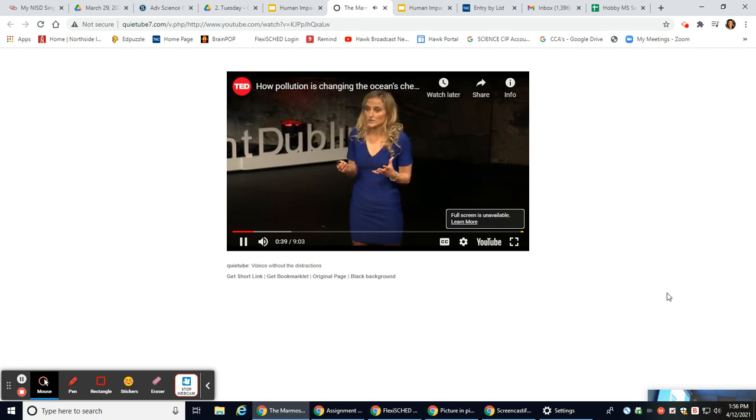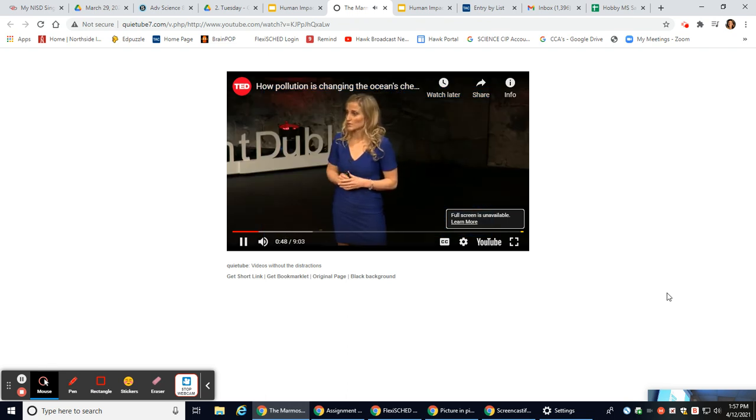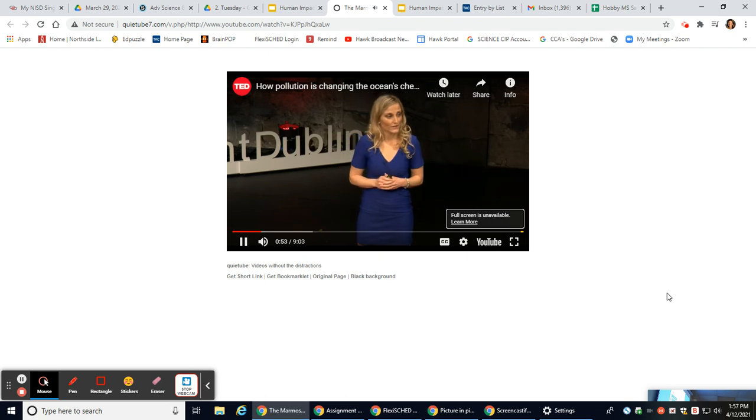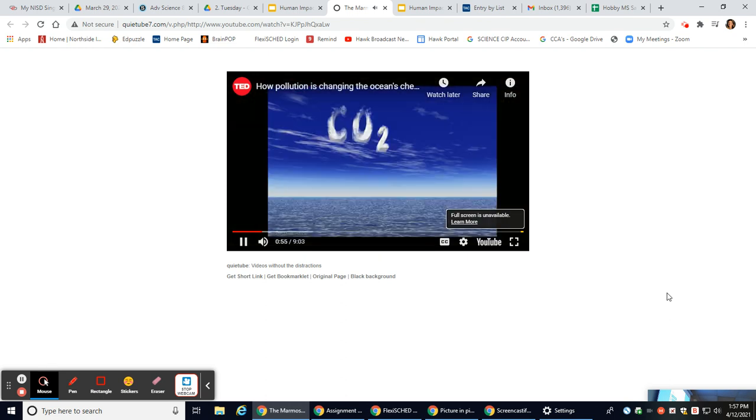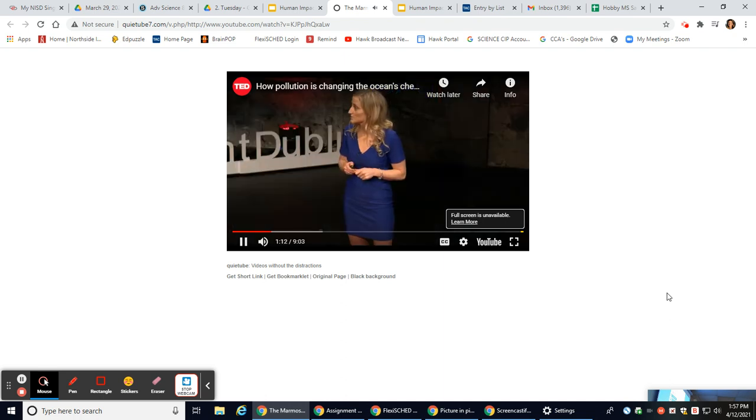Now, people used to think that the oceans were so vast that they wouldn't be affected by human activities. Well, today I'm going to tell you about a serious reality that is changing our oceans, called ocean acidification, or the evil twin of climate change. Did you know that the oceans have absorbed 25% of all of the carbon dioxide that we have emitted to the atmosphere? Now, this is just another great service provided by the oceans, since carbon dioxide is one of the greenhouse gases that's causing climate change.